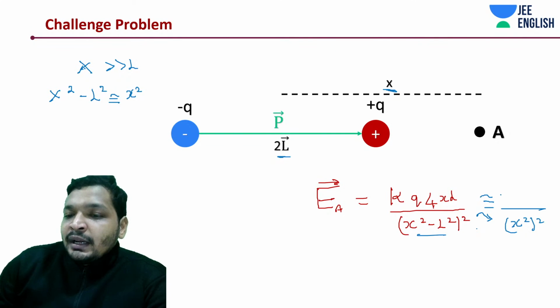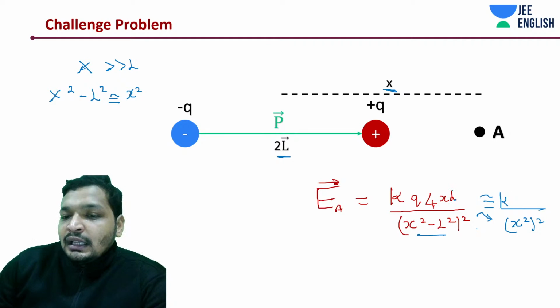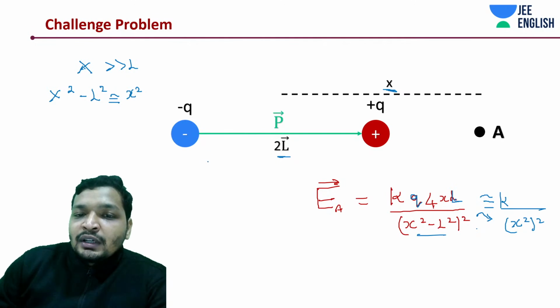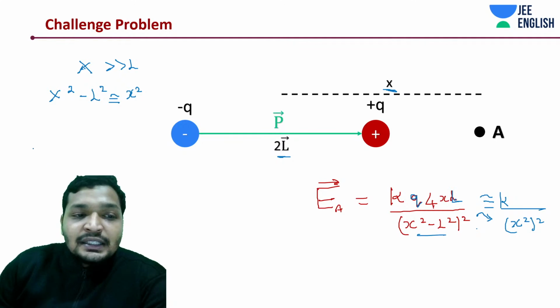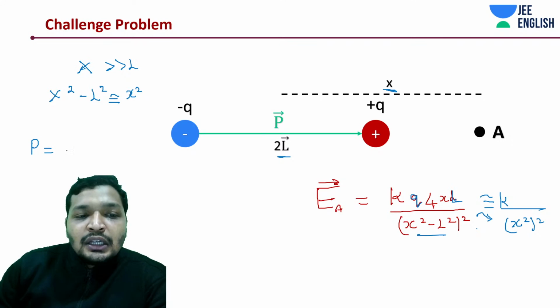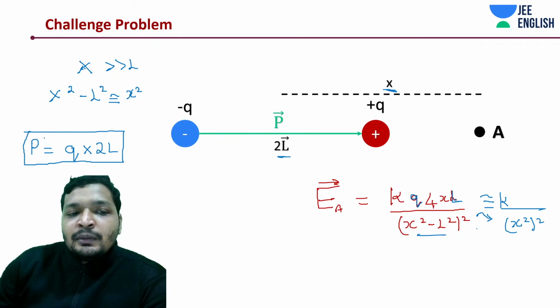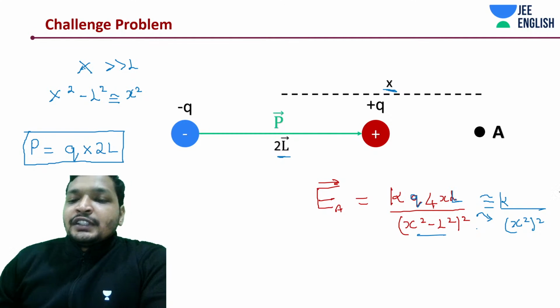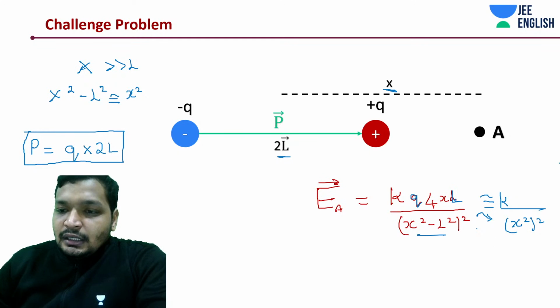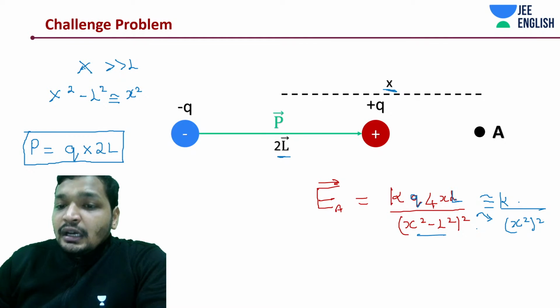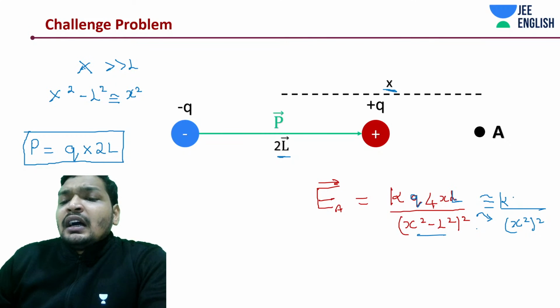So this can be approximated something like this. And k would remain, k is a constant term, and there remain two other terms. Here, if you notice, this is q into L, and from this what is P? Magnitude of P is how much? P is q into 2L, right? This is dipole magnitude, right? Dipole value, magnitude of charge multiplied by twice the length. That is it. Just write it down, and you will get this to be like 4 into x into q